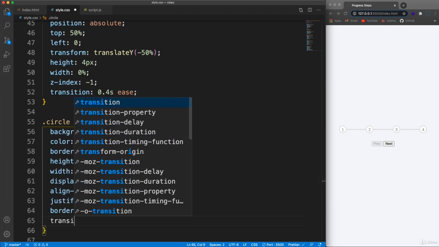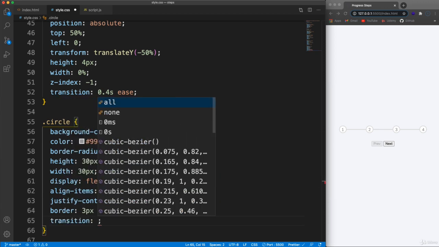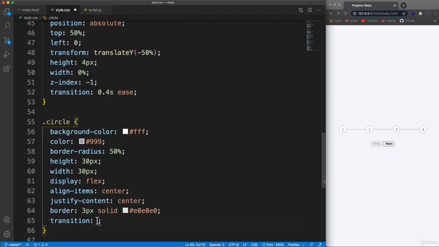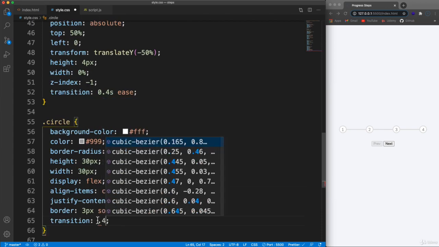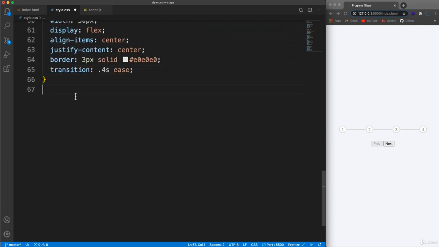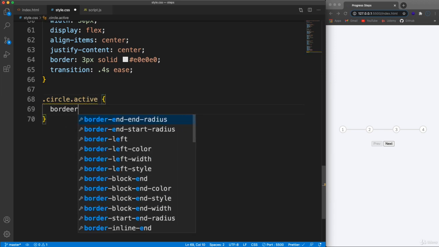We do want to add a transition. The border is going to change depending on where the blue line is. If it's up to 2, then that border should be 2, and that's going to pertain to the active class, which we'll style in a second. But for the transition, let's do 0.4 seconds ease, and then let's do the active class. So circle, if it has the active class on it, then let's make the border